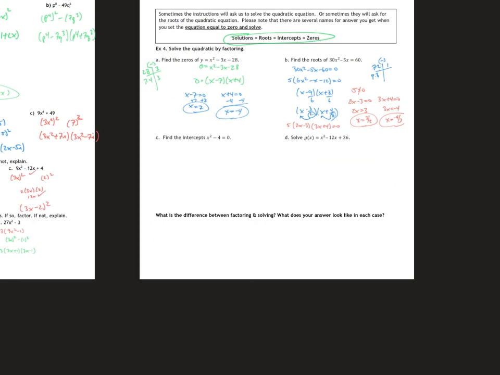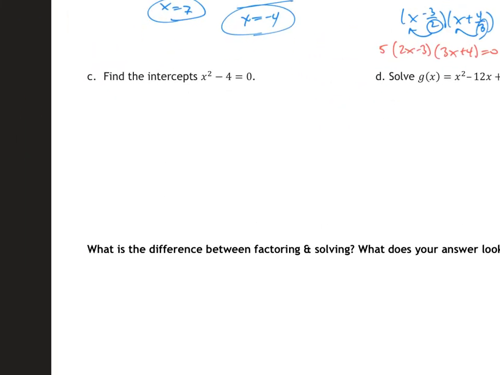All right, got a couple more, then we're almost done. So find the intercepts here. This one's nice. You can either factor it or you can solve it. I'll do it both ways. So this is a difference of squares. So x squared minus 4. So x squared, 2 squared. So they are perfect squares, so you get an x plus 2, x minus 2,